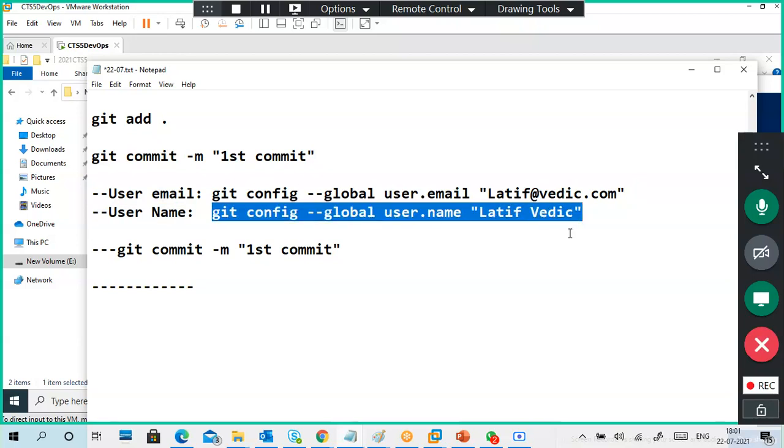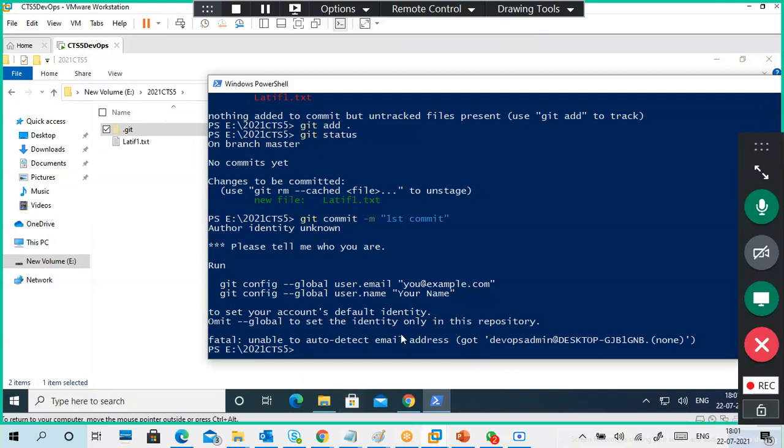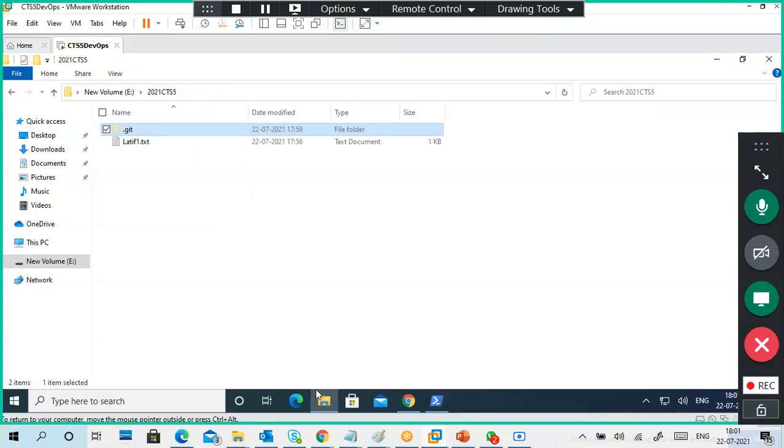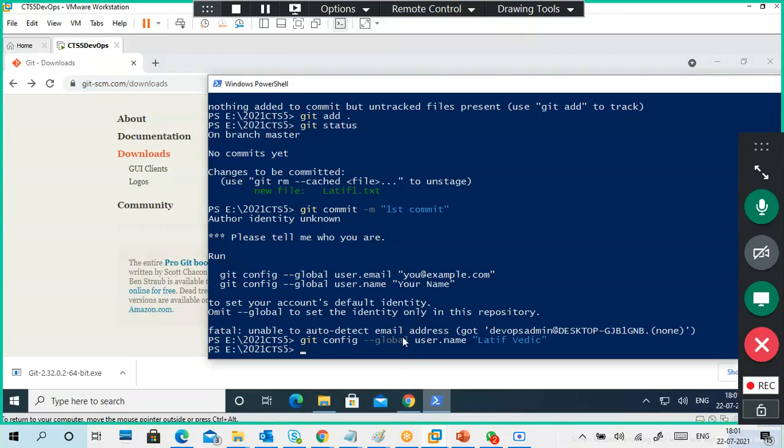First I will put my username, so first I gave my username, then I will give my email ID also, same thing, user email. So you can see those commands, and you can understand what to give.